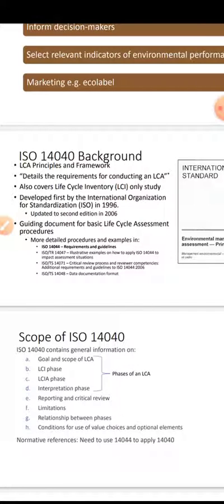What could be the different steps? And I think it's again very much self-explanatory. If you go into the details of ISO 14040, you can get more information about the different steps, like including the principles and framework, and the different requirements for conducting an LCA, and then also covering the life cycle inventory,